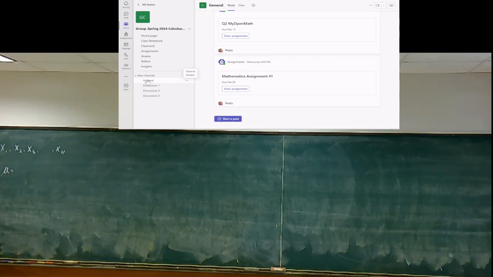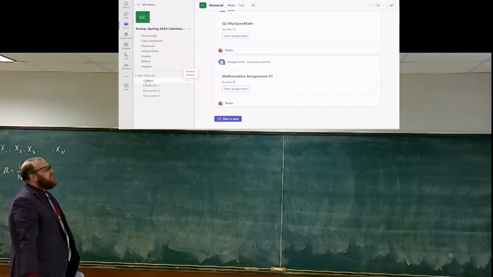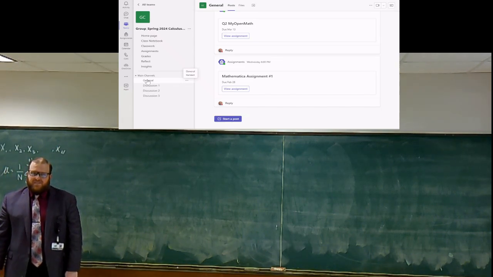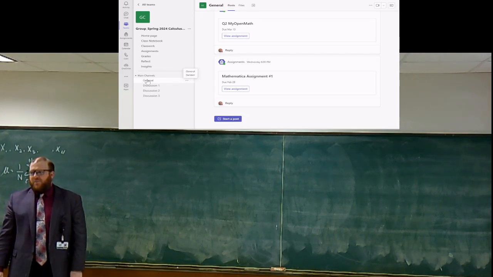I'll add it up and then divide it by the number. So it'll be 1 over n, summation i equals 1 to big N, you have x sub i, right? You add up all the data points, divide by however many there are. So when we talk about average value of a function over an interval,